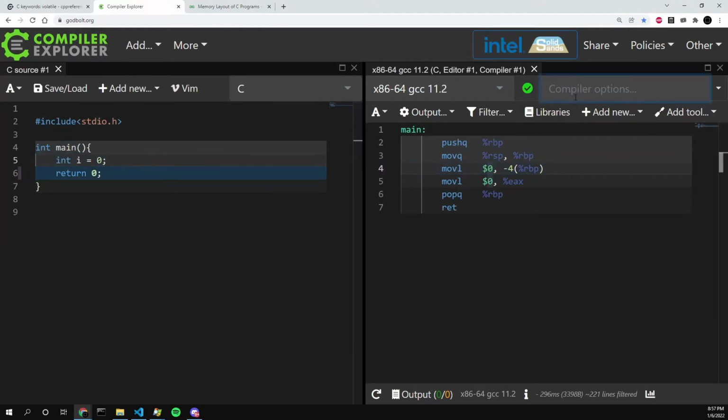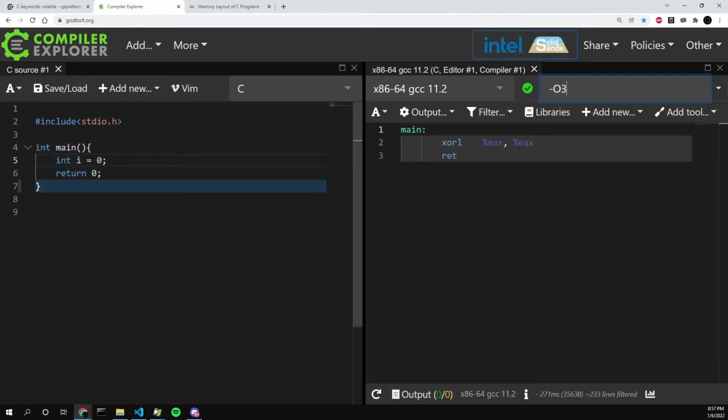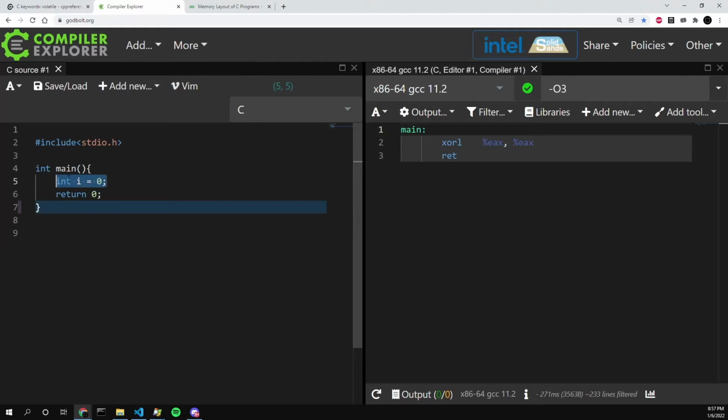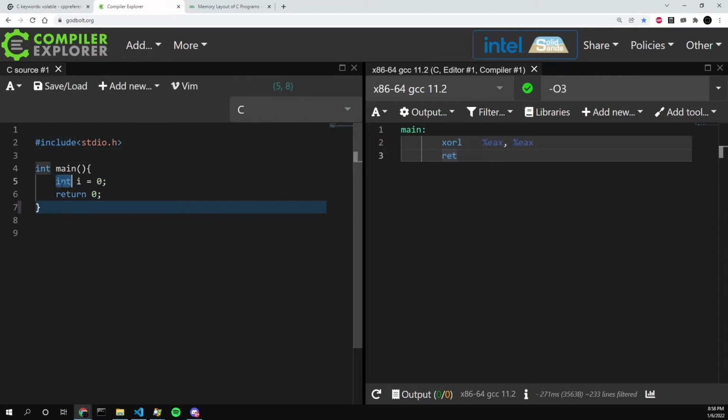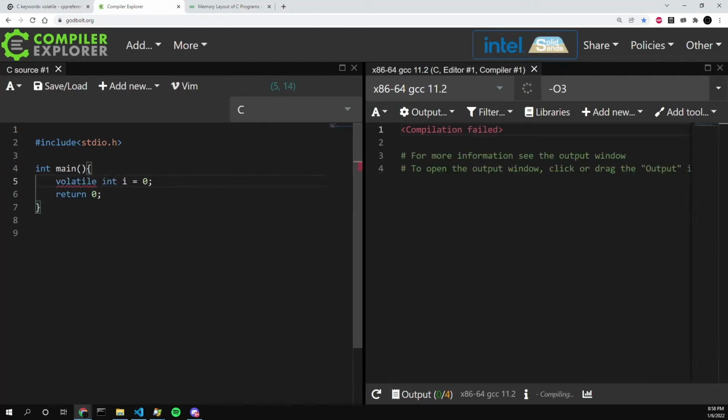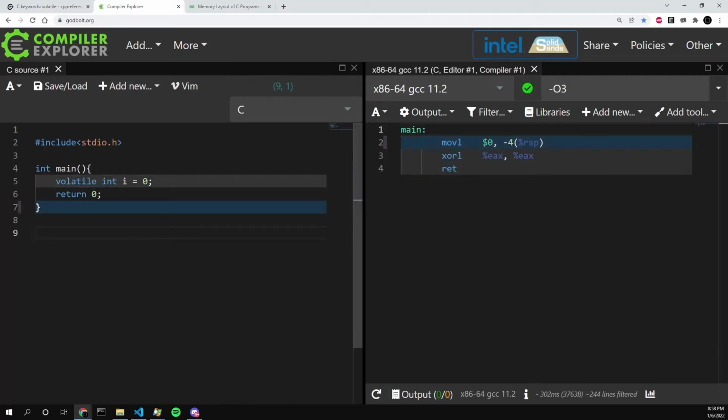Whereas if I turn the optimizer on and say optimize max optimizations, you can see that it yeets that variable out of existence and says, we're not even going to run this statement. And effectively, this XOR here just means set the return value to 0. We're not actually going to go into how this works, but whenever you XOR something with itself, it sets the register to 0, and EAX is the return register. Doesn't actually matter. What we really care about here is that they've optimized this variable out of existence. By typing volatile as a qualifier here,